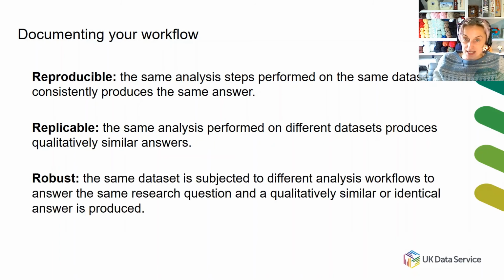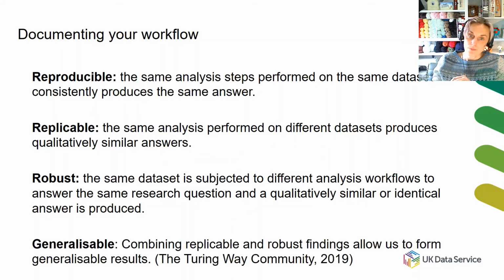Robust is the same data set with a different analysis to get a complementary answer. And generalizable is a bit of all of this. It's developing a really solid method that can be applied to different sets in possibly slightly different ways